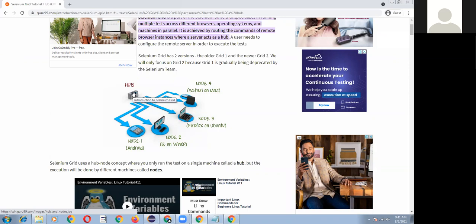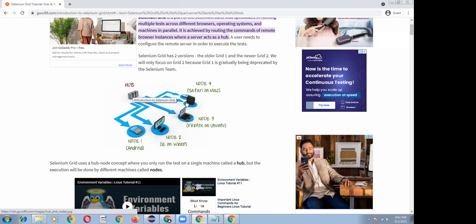But now my concept is, if the testng.xml contains 10 testng classes, the first 3 test cases have to execute on node 1, meaning one of the computers, and the next 3 test cases I want to execute on another computer, and the next 3 on a third computer, and the remaining 1 test case on another node system. So you are executing your set of test cases in parallel across multiple systems. Instead of using your own system, we are able to use the maximum number of systems in the organization.